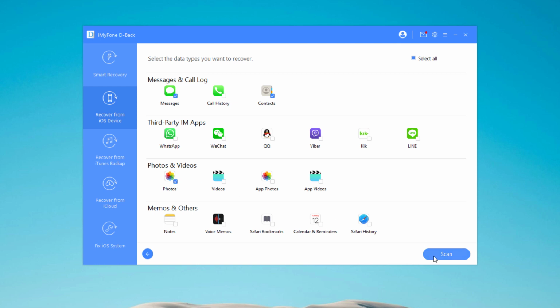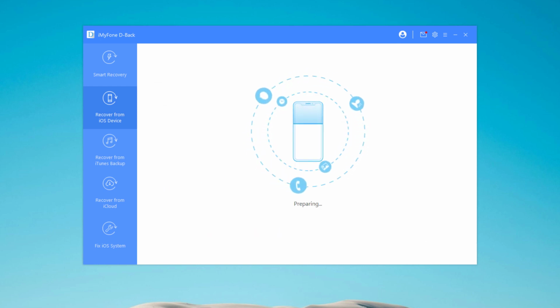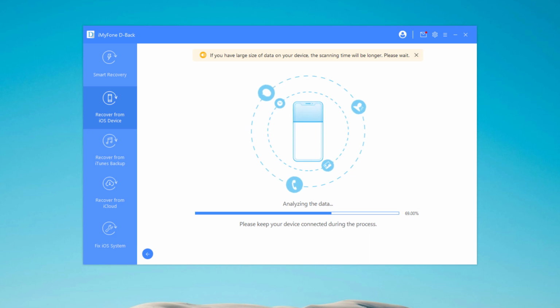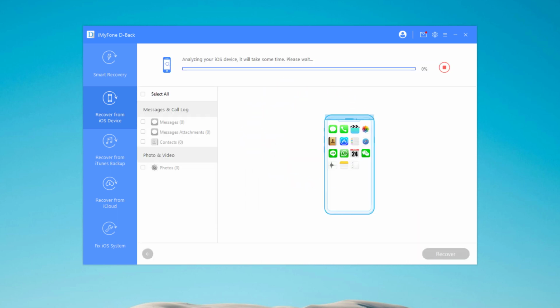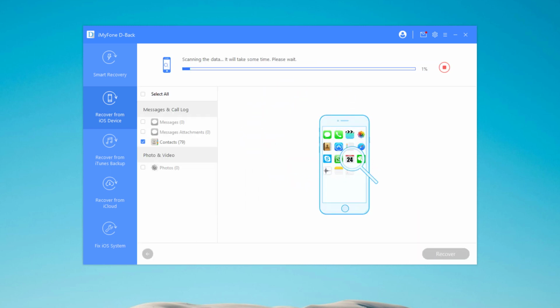After that, click Scan. The program will start to look for the deleted data from your device. It will take some time to scan your phone and show you the files which you can recover. So don't disconnect your iPhone from your PC while the process is happening.